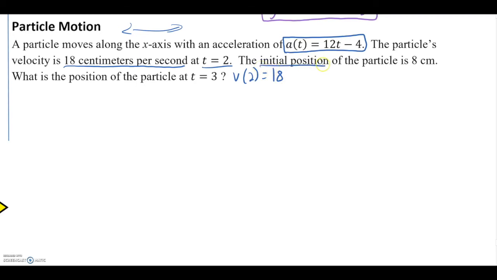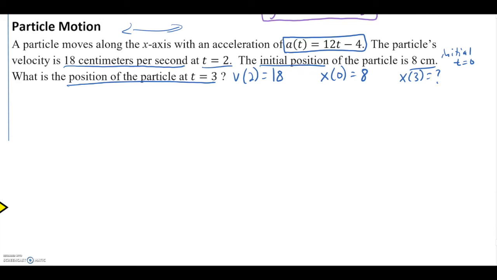The initial position of the particle is 8 centimeters. One thing we're going to need to get down is initial in any problem like this is going to mean at time equals 0. So when we get our position function, which we'll call x of t once we get there, x of 0 will equal 8. And what we want is the exact position of the particle at t equals 3. So we want to know what x of 3 equals,